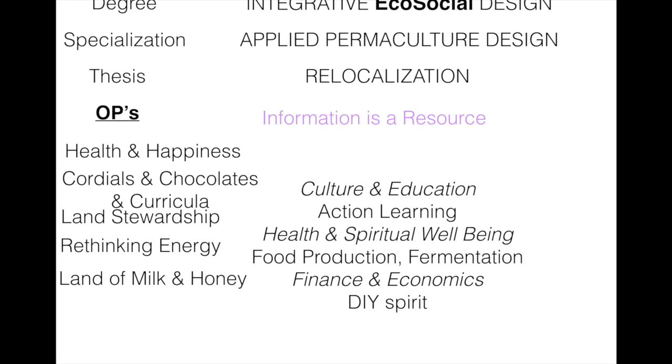And the last one of Land of Milk and Honey is a course that I teach on farmstead arts each year at Esalen Institute out here in California. And that looks a lot at culture and education, like do-it-yourself, hands-on projects with people that also are really about health and spiritual well-being. We do quite a bit of food production, including fermentation, which, of course, Bill Mollison has written a book on. And looking at these farmstead arts, we were making our own medicines like tinctures and salves in the class, and we start a beehive and teach people about farmstead scale food production, breads, and